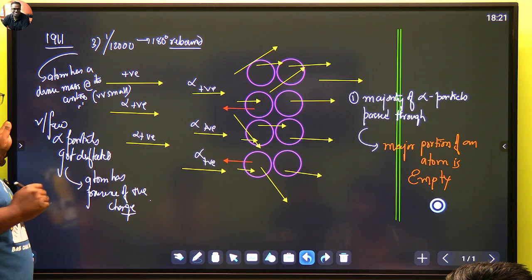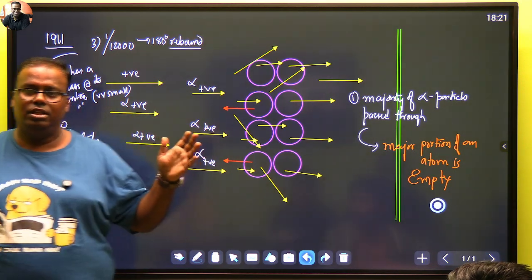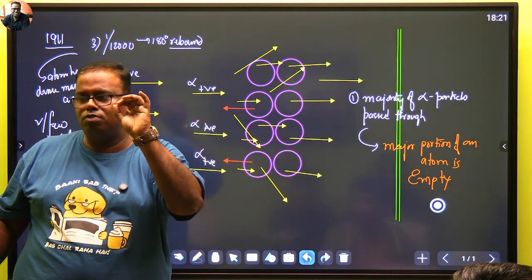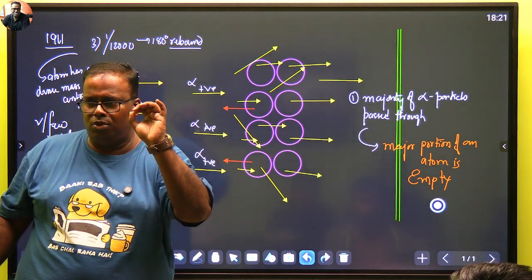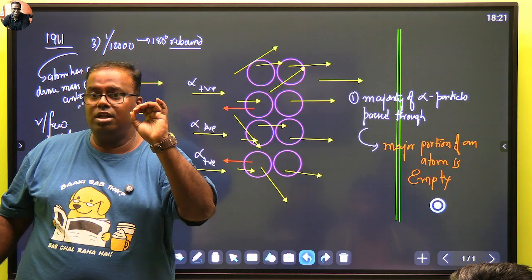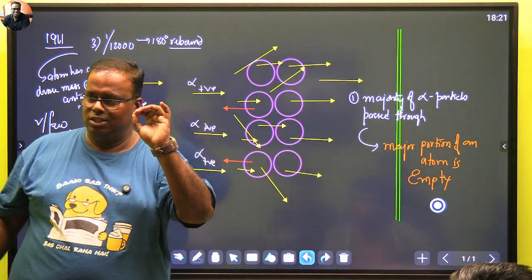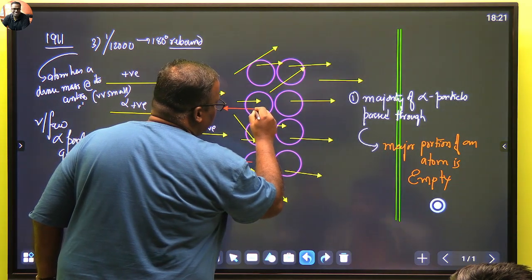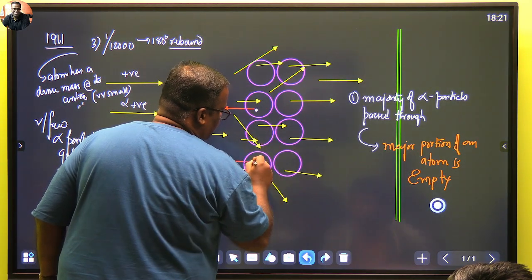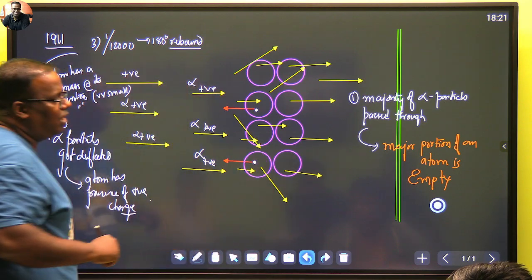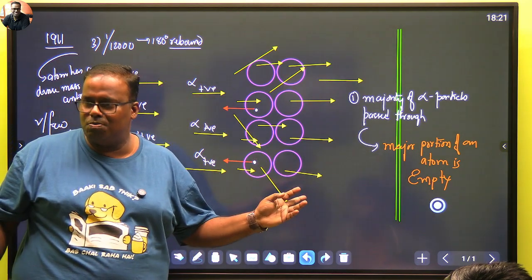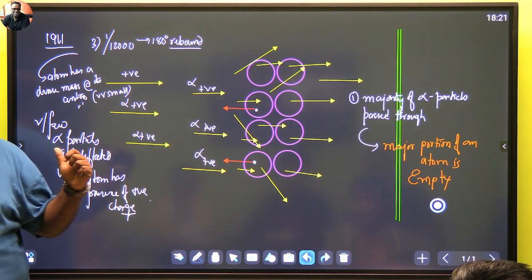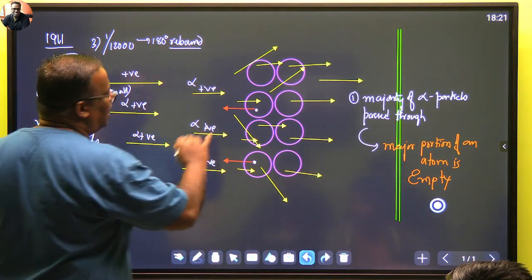So small that Rutherford postulated that if you have 2 football fields, the dense mass is like the size of a pea, like a pea in a football field. But it is very tight. Do you understand? In this whole atom, there is some place which is a dense mass. And if there is one unlucky ray which has gone and stuck on that dense mass, it is undergoing a rebound.